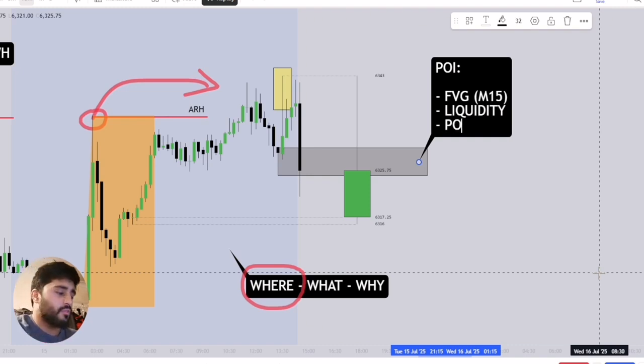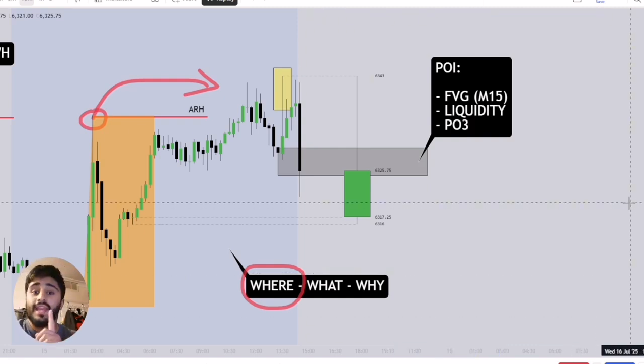And that leads on to step number 3, PO3. Right, PO3 or positioning. You want to be selling ideally when you're above the daily opening price. This gives you your where, this gives you your location. This is your point of interest, or your POI. It's not a supply zone yet. The reason it's not a supply zone is we need price